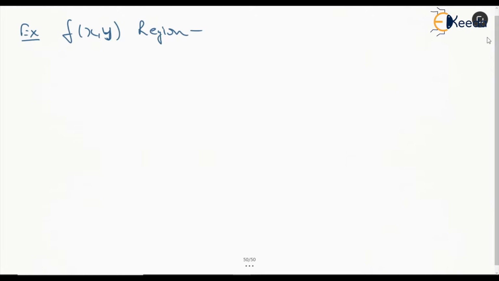Let's say we have a function f of x y, and the region is the one enclosed by y less than or equal to 2x square and 2x, whereas x has the interval 0 to 2.